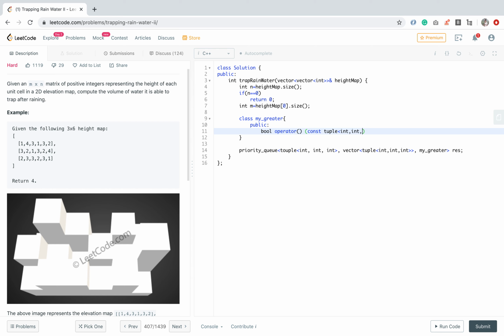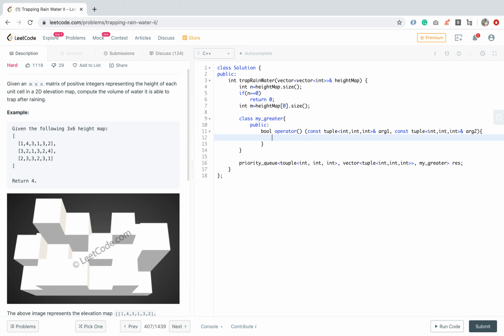Suppose this is argument 1, then there is argument 2. Then we have to return what we want.